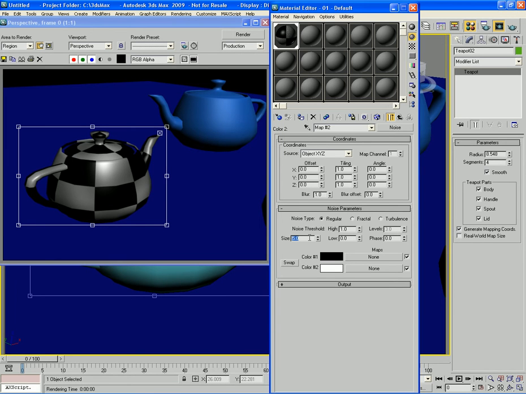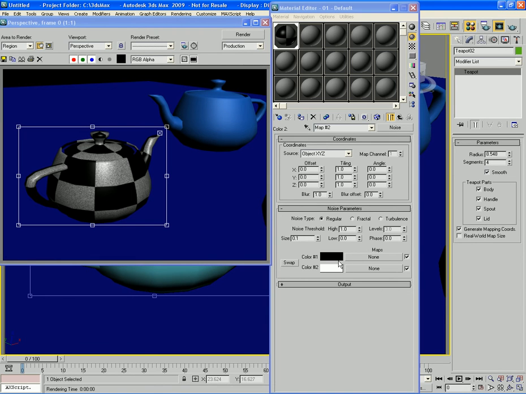Okay, not small enough, obviously. Let's change it to 1. Okay, now we're starting to see that noise take effect. Let's put it to something real small, like 0.1. Now we can really see some noise, which causes this graininess effect. Now the graininess effect is localized to only the white checkers and not the black, because that's what we applied